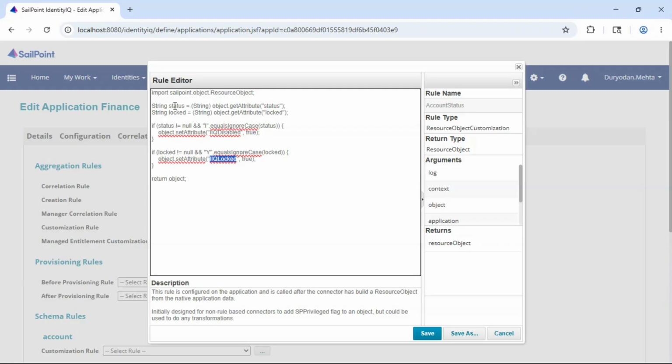Okay, and this line: string status = object.getAttribute(status). This line says we are telling SailPoint to look at the current account being processed and find the